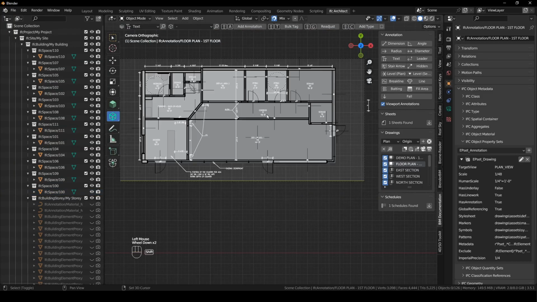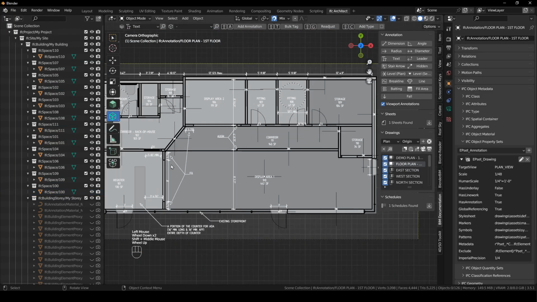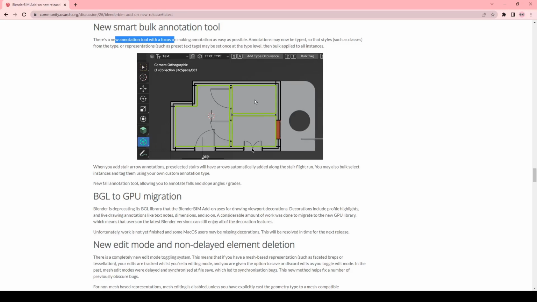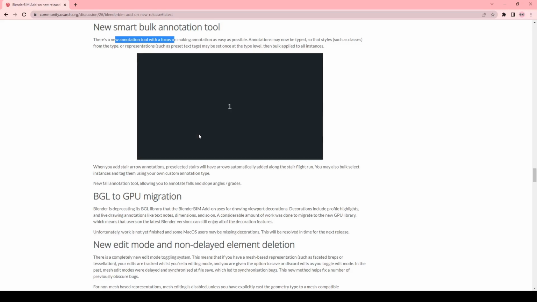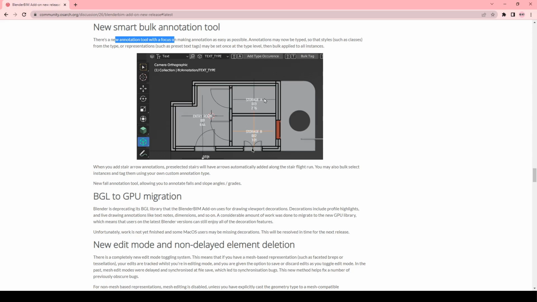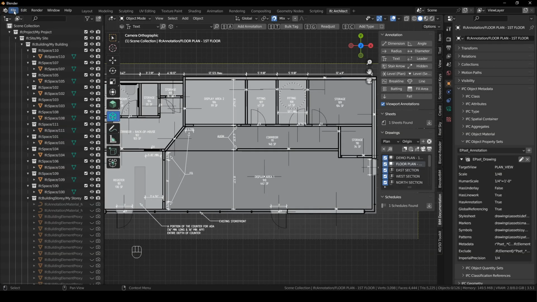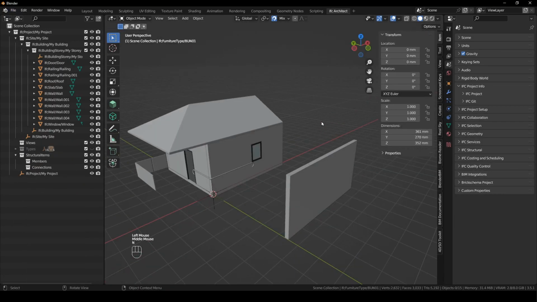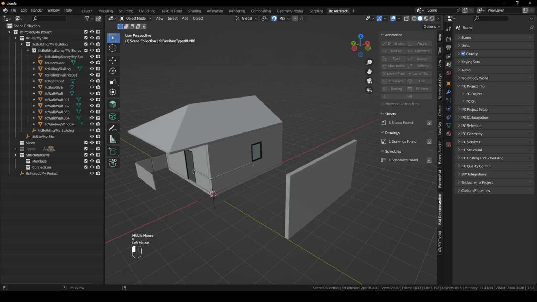So if we go in here, you can see these have all been annotated. If we check here, this example, basically they've set an annotation and they selected each of the rooms and hit bulk tag there, which saves them quite a bit of time. So if we, let's say, open the other folder, and here we have it,